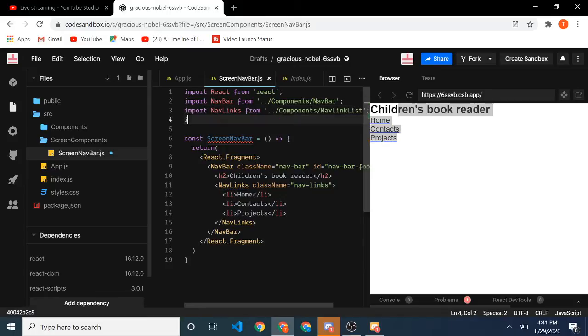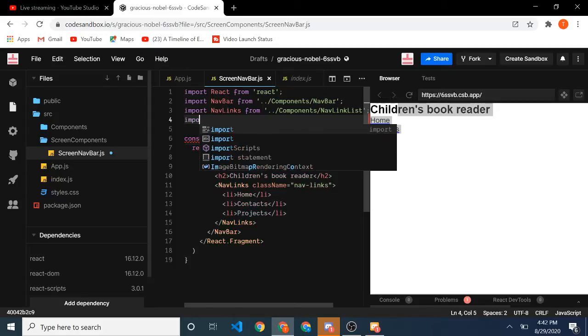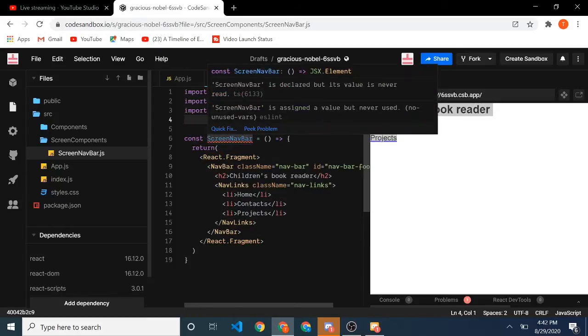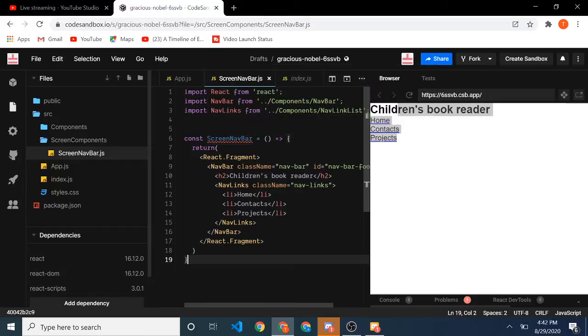Links and import. What else are we gonna import? We gotta import the nav links, navbar, and what else are we erroring about? What are we erroring about? Yes, we solved everything, but